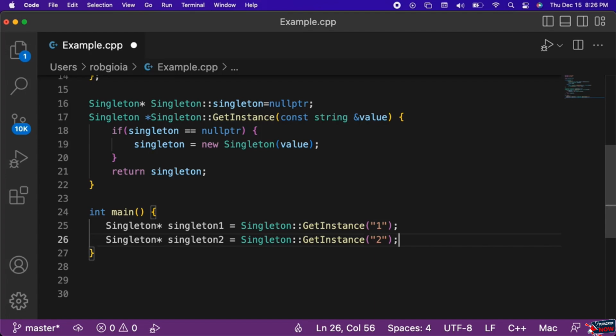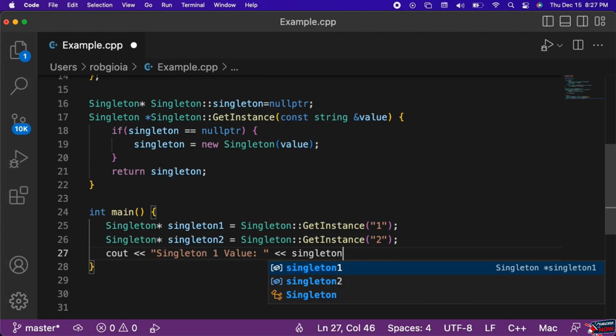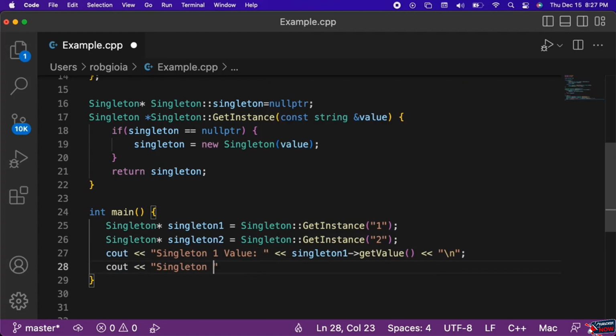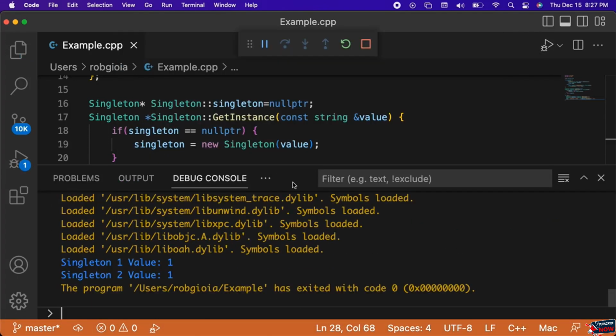Since the first line inside of the main function is the first call to getInstance, a singleton with a value of 1 gets created. The second call attempts to create a singleton with a value of 2, but is prevented from doing so since there is already an instance of this singleton in our project. To prove this, we can output the value of singleton1 and singleton2 to the console. When we run the code, notice that both statements output a value of 1,